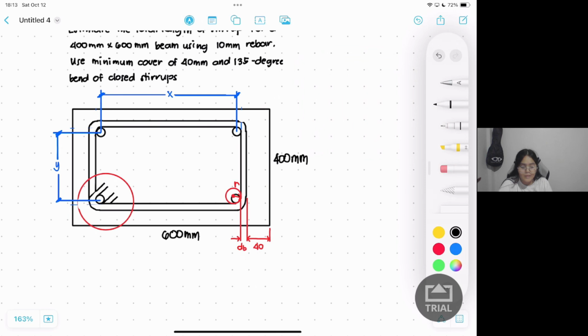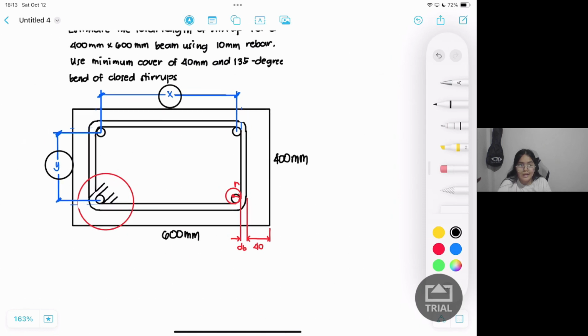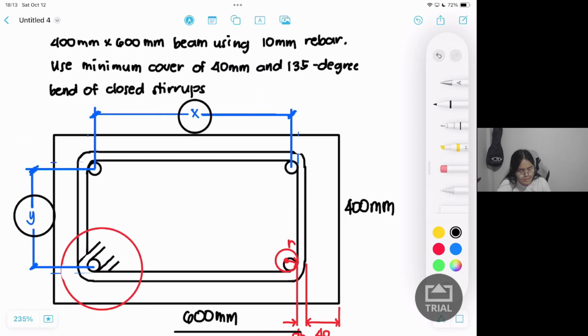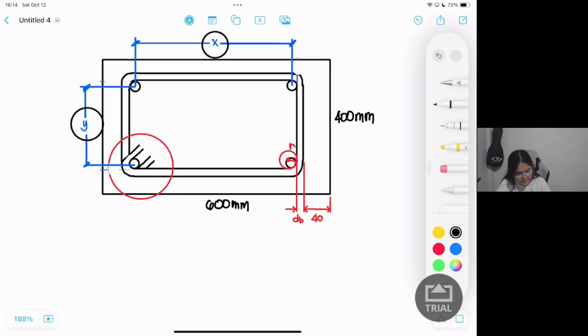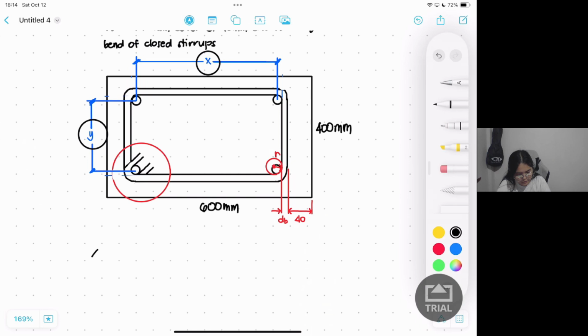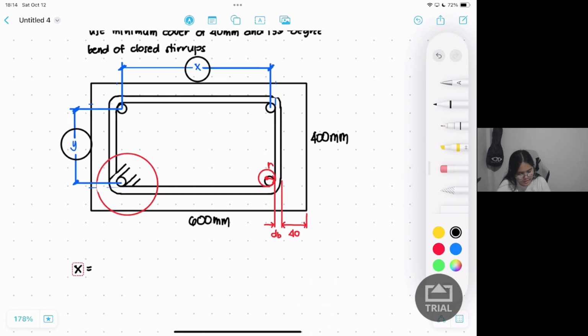Actually, ang first step natin is to calculate the value of x and the value of y. Okay? And again, hindi na natin kailangan pa mag-memorize ng formula dito. Okay? Kasi nakikita na natin mismo sa figure kung paano siya i-compute. And for letter X, to calculate for X, meron tayong 600 mm or the width of the beam. And then, subtract natin kita nyo to,